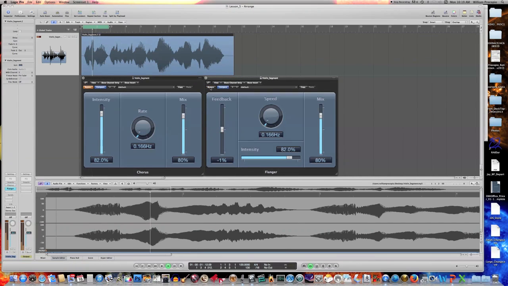Now this is flanger. But now watch what happens when I modify the feedback. Beginning to get this whooshing underwater sound